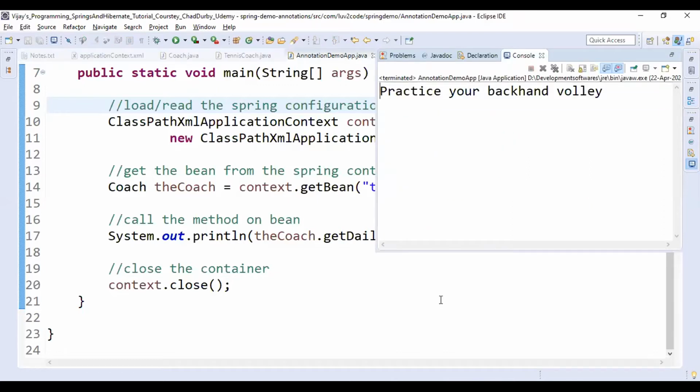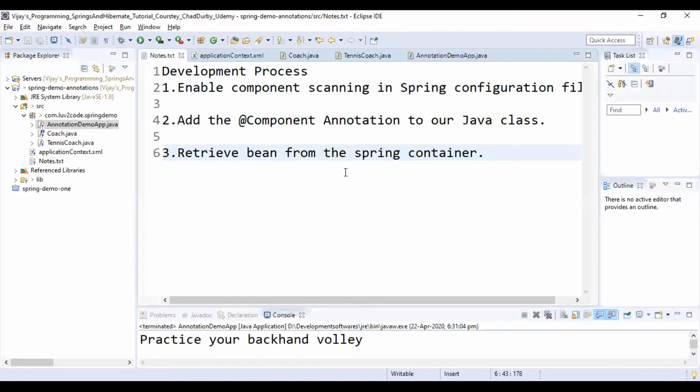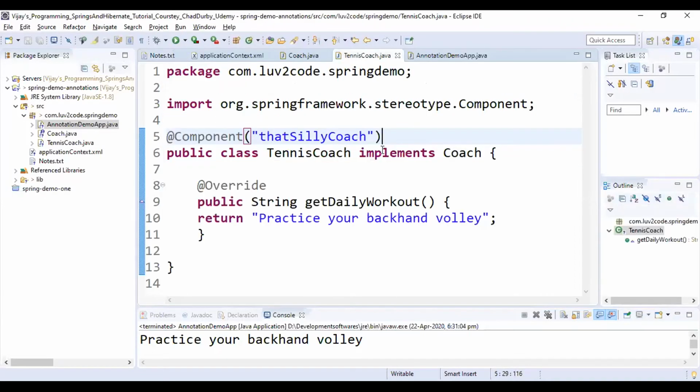We are getting the result as expected. That is, practice your backhand volley. This is the message from the TennisCoach.java.